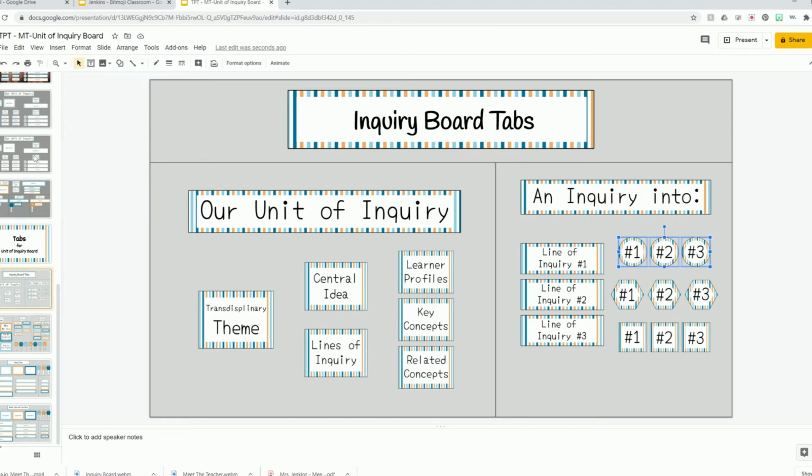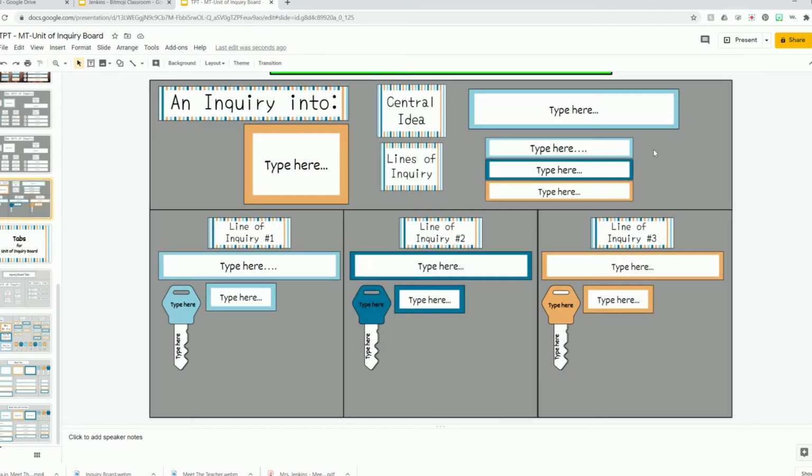Again, copy, paste, and then I'm going to just make them smaller. And then just put them right here. There we go. Just moving them a little bit closer. There we go. Okay, so now I'm going to display my lines of inquiries right here, and let's just type